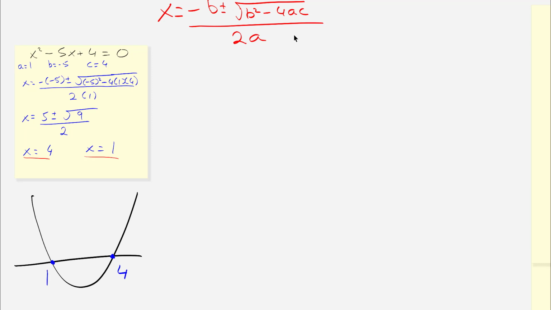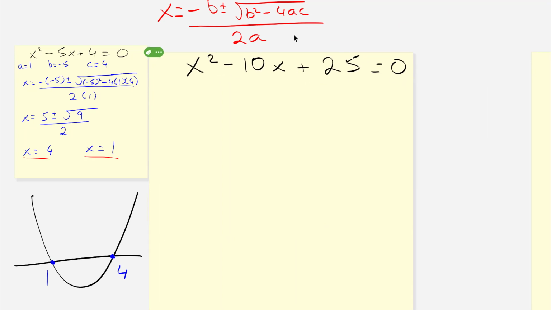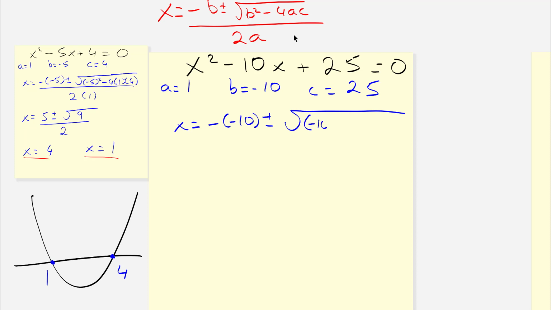Okay, let's have a look at another example to develop this a little bit further. Here I have another quadratic, x squared minus 10x plus 25 equals 0. Same again, I'm going to use the minus b formula. My a in this case is 1, my b is minus 10, and my c is 25. So x is equal to minus b, minus minus 10, plus or minus the square root of b squared, minus 10 squared, minus 4ac